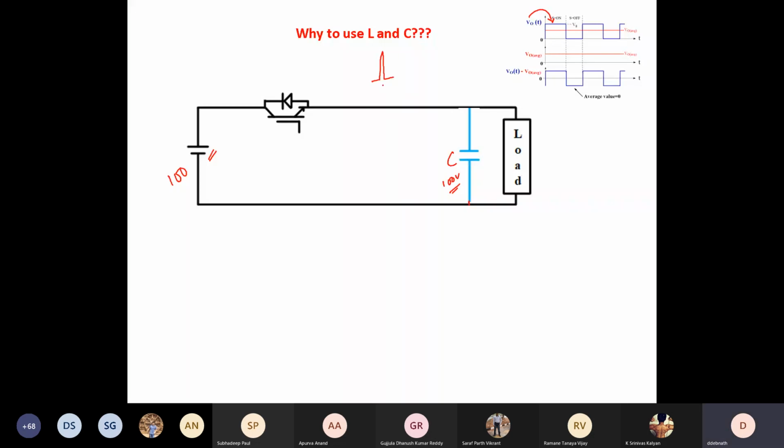So to prevent that, we added an inductor, but then again we found a problem: when the switch is off, the inductor current has to go to zero instantaneously, and that will lead to a high inductor voltage surge, the famous L di/dt problem. So to solve this, we added a diode here so that the inductor current can flow through the diode. Please note this diode polarity, anode this side, cathode this side. That is how we are happy with this. Till this, it will work fine, no problem.